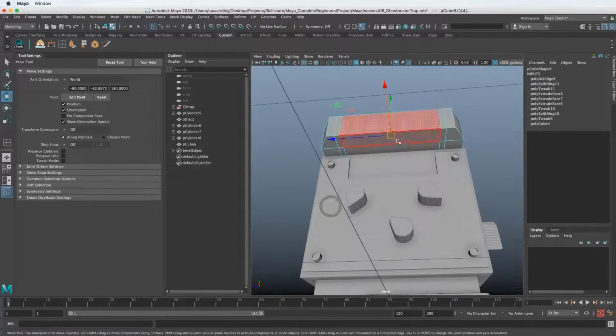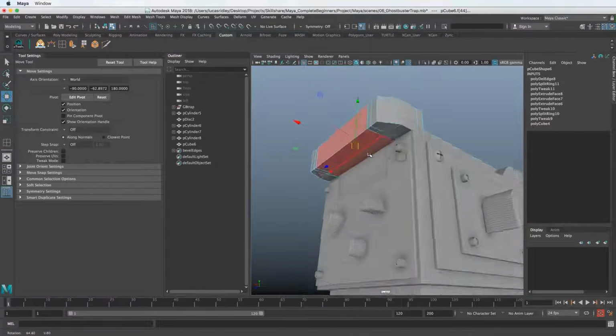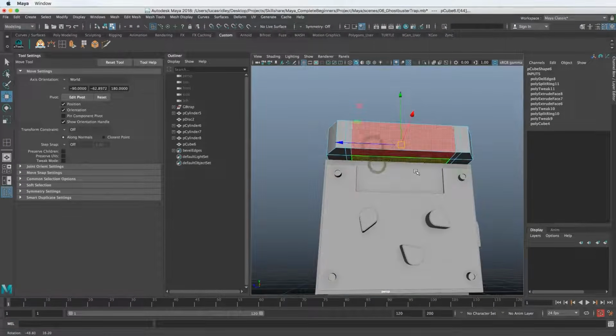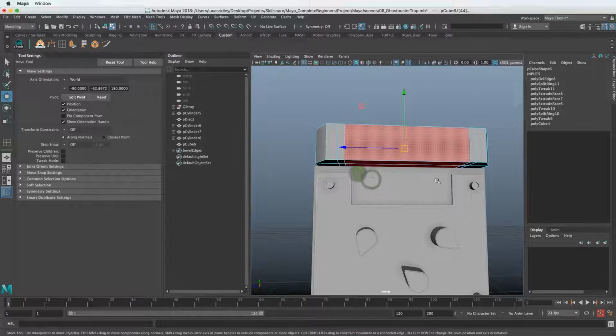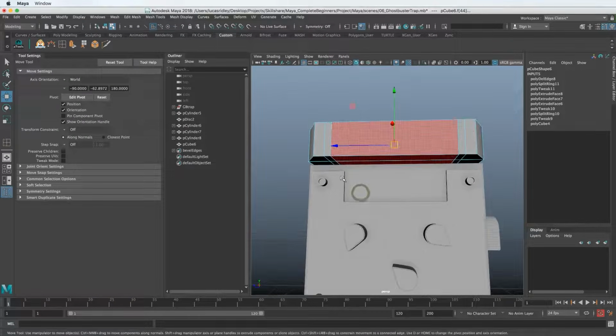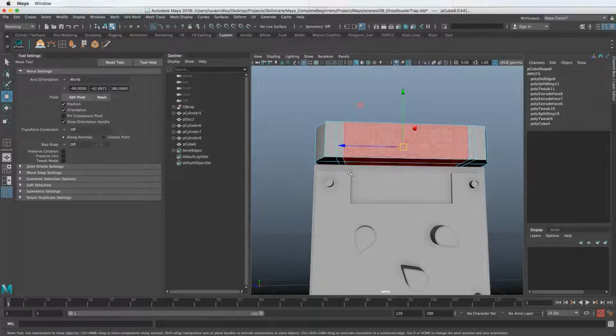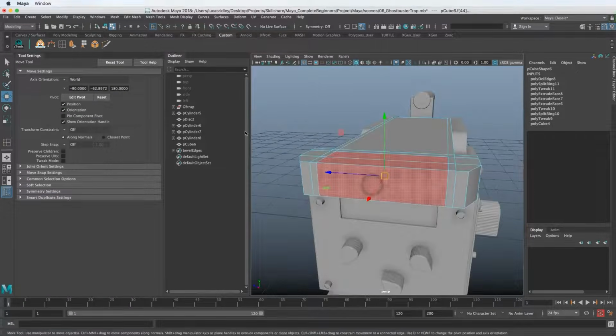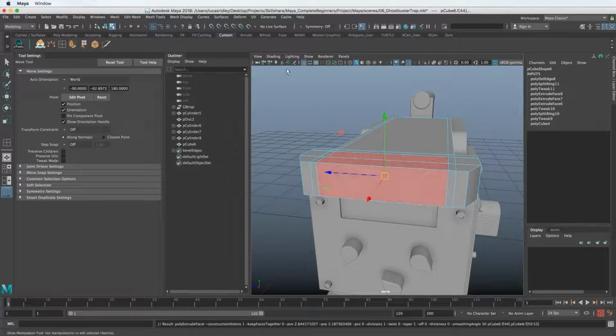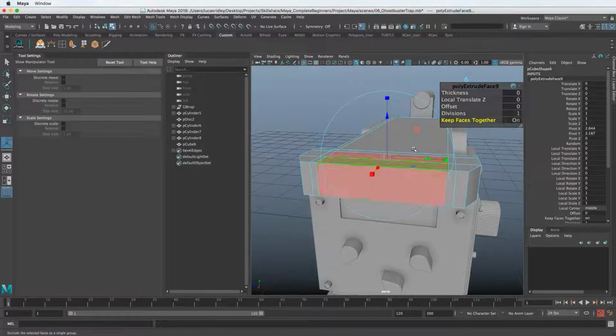So I'm going to select these, and you can actually see where I made room for here in between the last lessons, and I added this plate, and we can move that later to match this width. So I'm going to hit extrude again and make sure keep faces together is on.